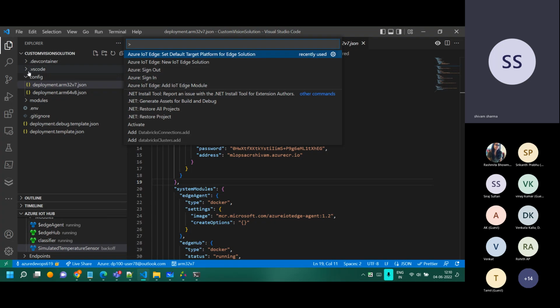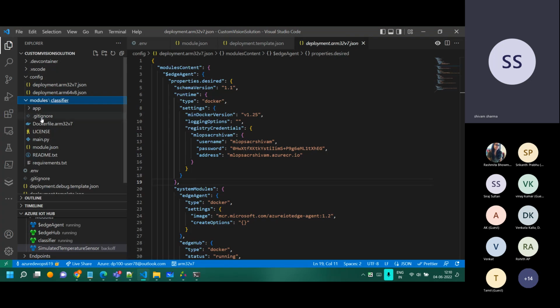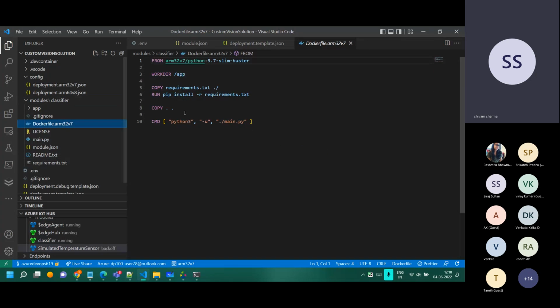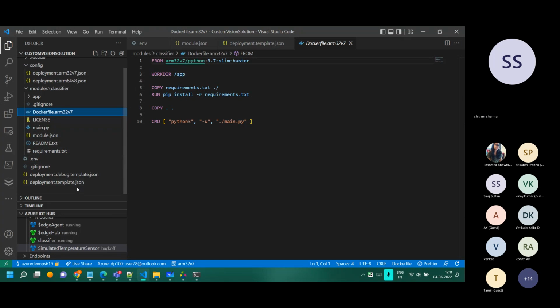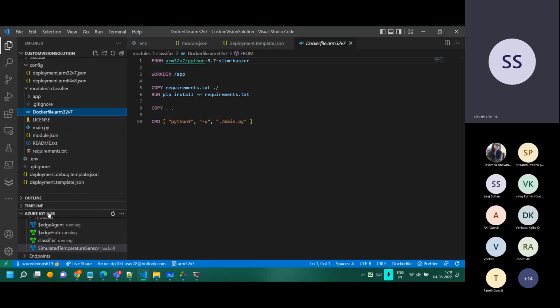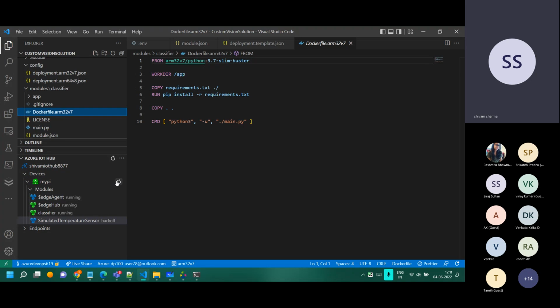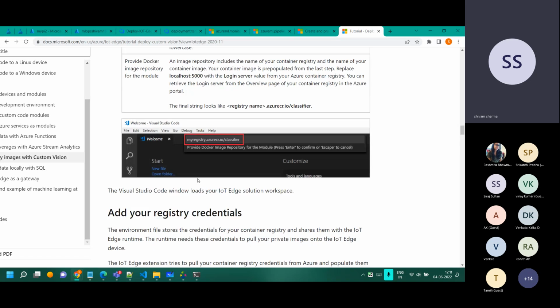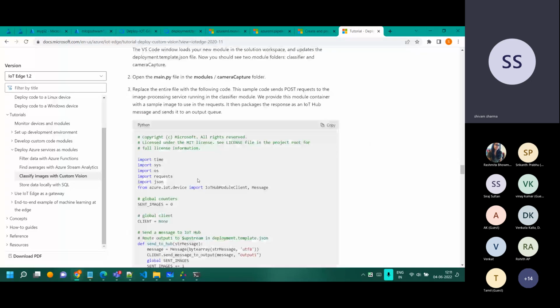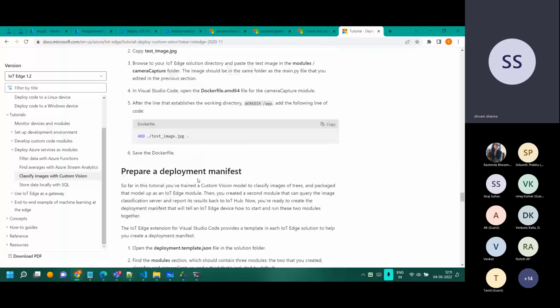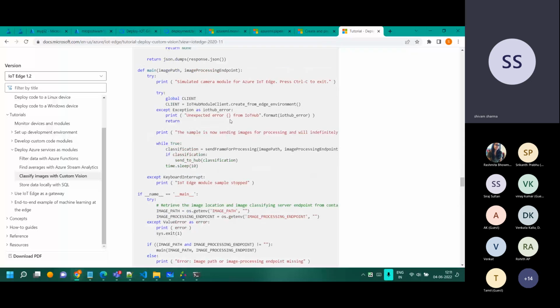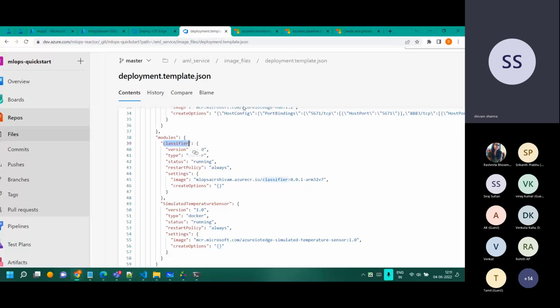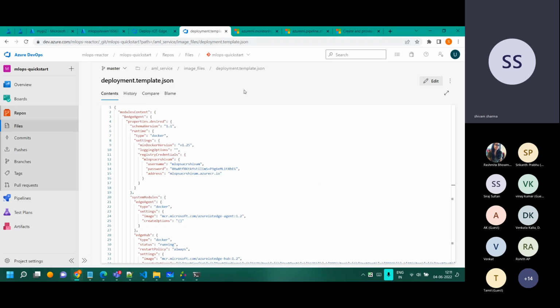And how many modules do you have? For example, I have only one module, the classifier. That's my Docker image right now for this classifier. And this is also connected to that same Raspberry Pi. It's showing that the classifier was running earlier. Now it is unknown, but I think I just restarted everything. So you can follow this module, and if you just scroll down, you can use this along with what we have discussed to deploy the MLOps step over there.